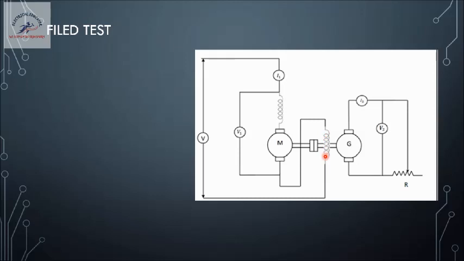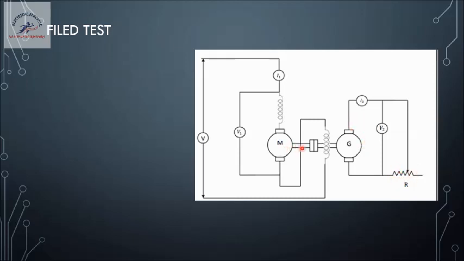This is to make sure that the same amount of field current is flowing through both the field windings. Here also both the machines should be identical, and in this particular connection the current flowing through the motor field and generator field will be equal, and thus it will produce the same amount of flux in both the machines. Only to ensure this, we are connecting the two fields in series. Okay, so this is a series motor and this is a series generator which is connected to an electrical load. So if we vary this electrical load, the generator load changes, thus the motor load will also change.